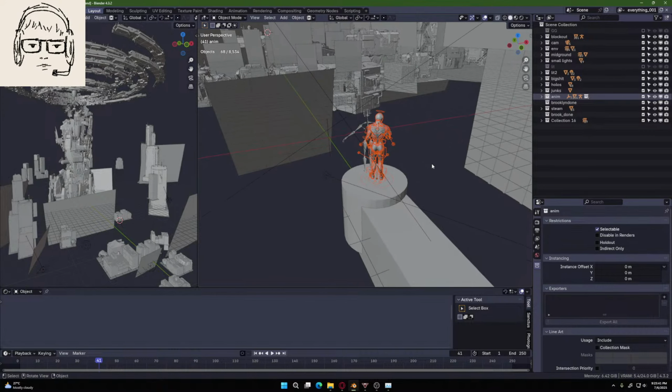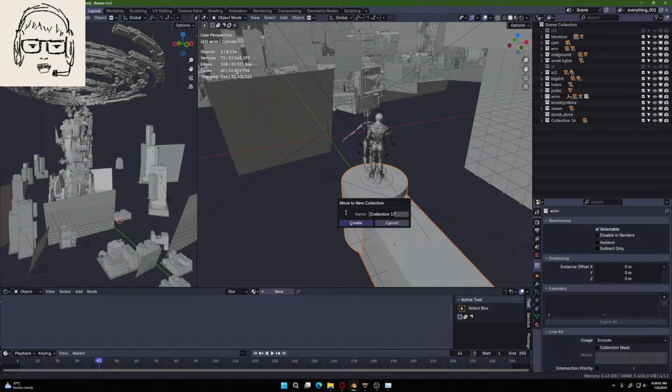Just select the animation and this one and this one. These are from the blockouts. I mean, they're gonna be changed. Maybe should I change them first? I still don't know what to add yet. Let's just put them in